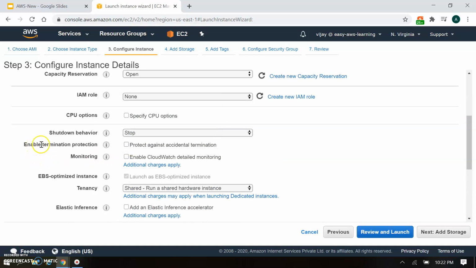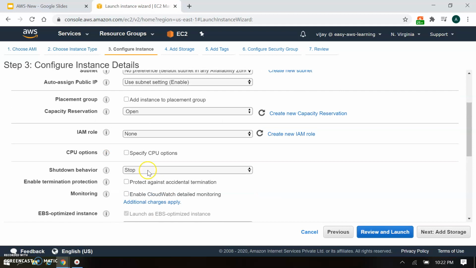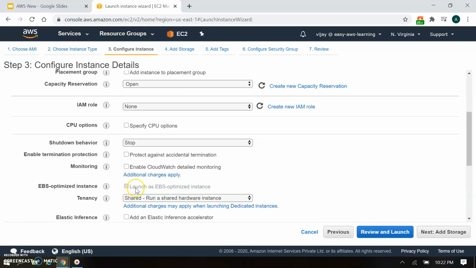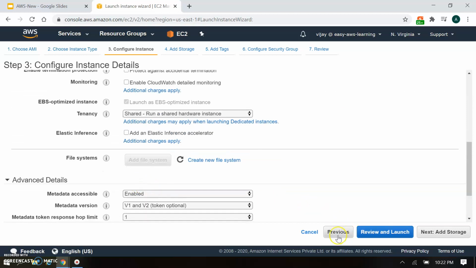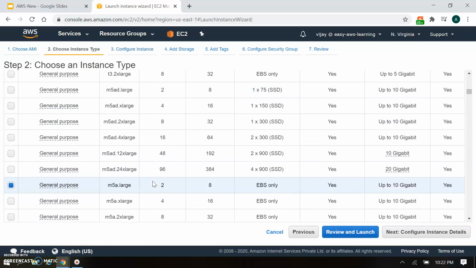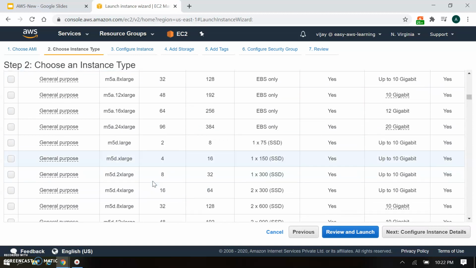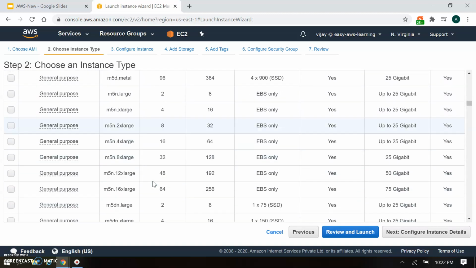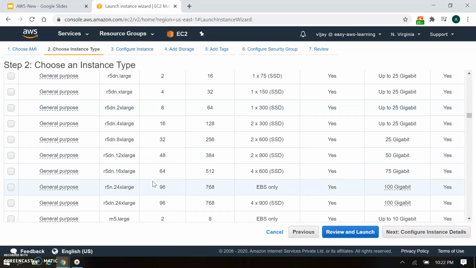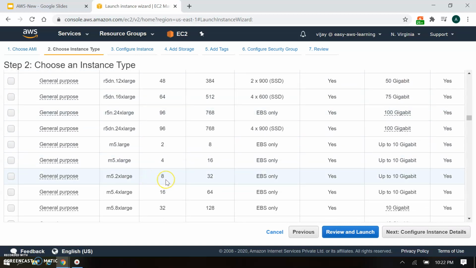We didn't get the configuration for Hibernate here; it should come here. Let's go back and change our instance type. So I'm taking the M5.